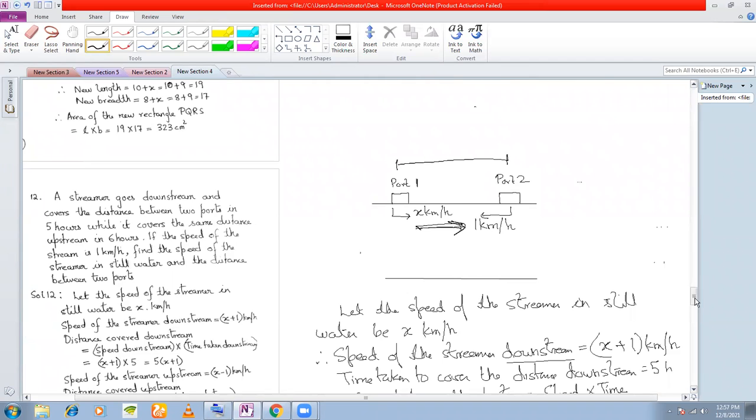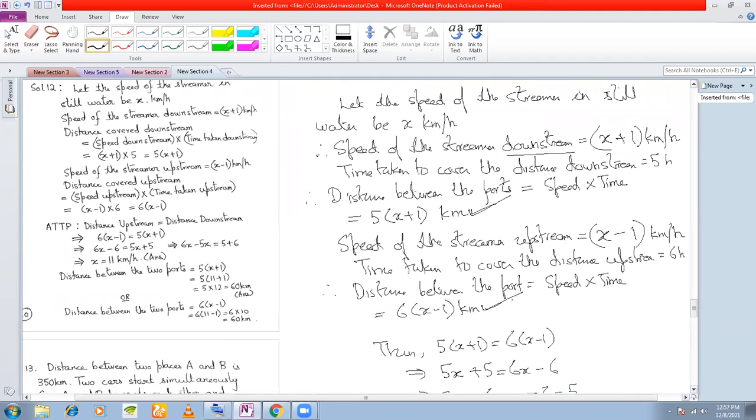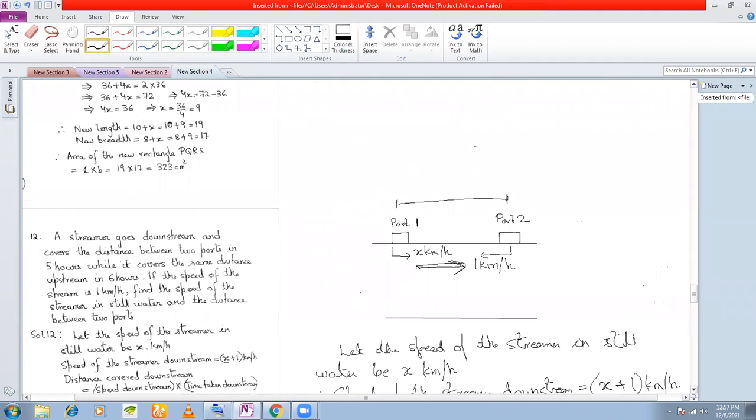In the first case, you are going downstream and you found the distance to be this. And in the second case, you are going upstream. You found the distance to be this, but the distance will remain the same, isn't it? Whether you go slow, whether you take 20 hours or 1 year to reach there, the distance will not change. Your speed is changing, or the speed of flow of water is changing. So that is why the distance between the ports will not change. Ports are fixed. So whether you are going this way or this way, the distance is the same.